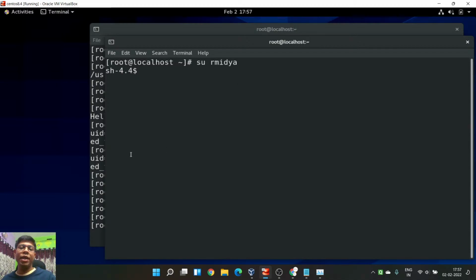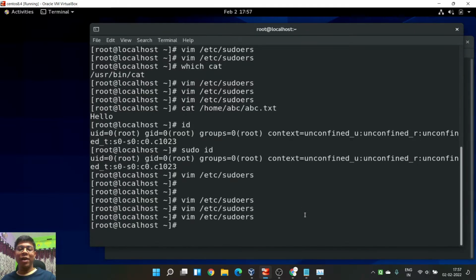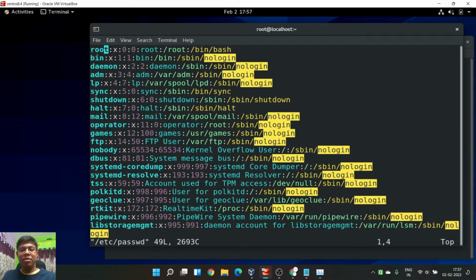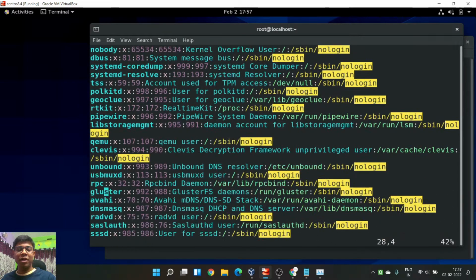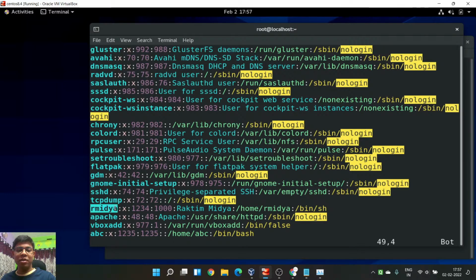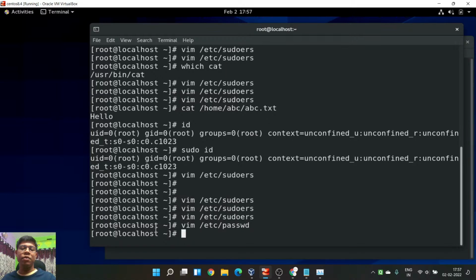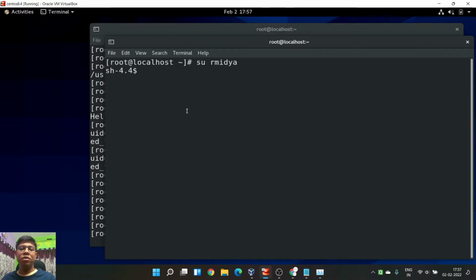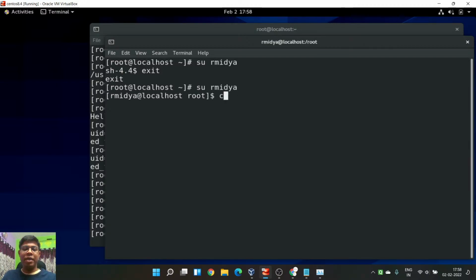I switched here, and it is opening the shell. Why? Because maybe I didn't write bash. I got it, why it is doing this. Let me quickly change that. So let's see, the passwd file. In this file most probably I wrote sh here. For this user, the shell is sh, so that's why it is opening the sh shell. Just change it to bash, rather than the sh shell. Now whenever we log in with that user, like if I do exit and again do this, you can see it is using bash.